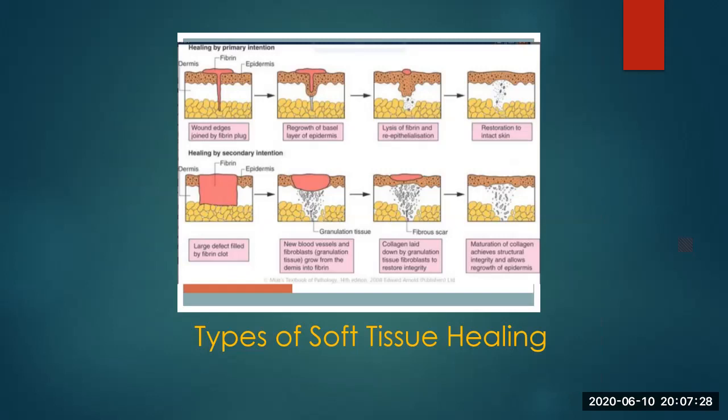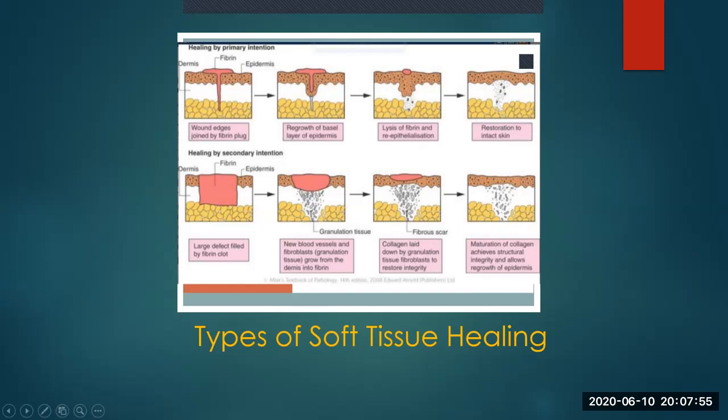The upper row represents healing by primary intention, and the second row represents healing by secondary intention. By the end of healing by primary intention, as you can see from this diagram, the epithelium is thinner than the epithelium